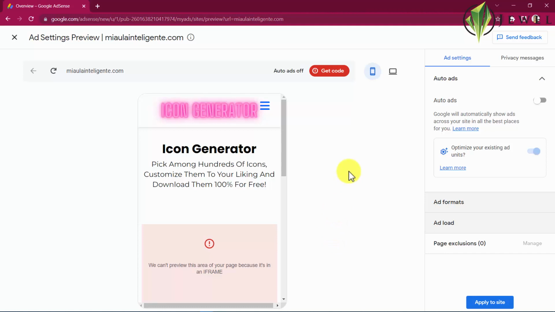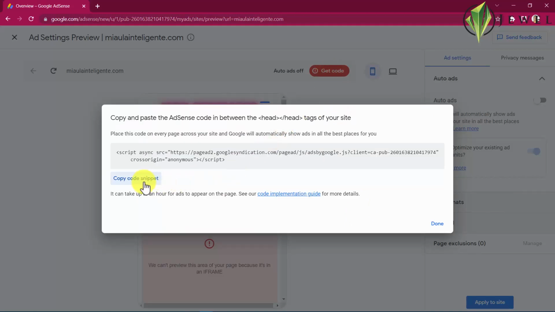Okay, and here you are going to see how the ads will look in your site. But for this, you need to do something. You need to activate this. You need to add a code inside your website. So in order to do that, you need to do the following. You need to click on Get Code, copy the code snippet,